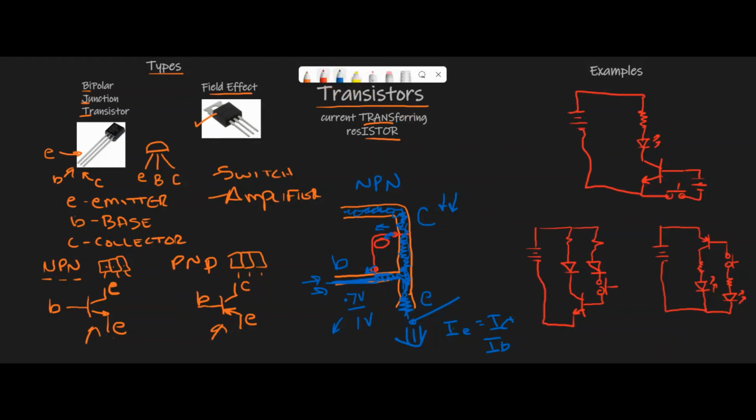Now what's going to happen, and again, I am using a switch, but I'm going to give you a different example of that in just a minute. Right now, the battery would love to light that LED, but it can't. And it can't because there's a gap right here. That's an open circuit. Current is not being allowed to flow from the collector to the emitter because the base